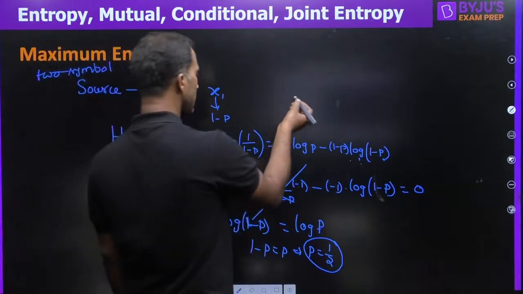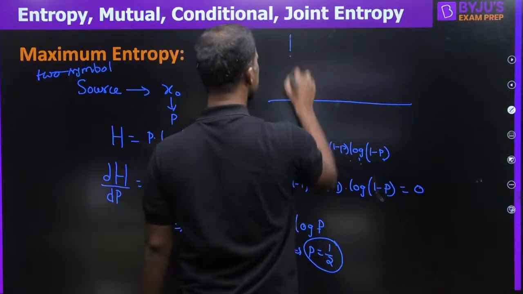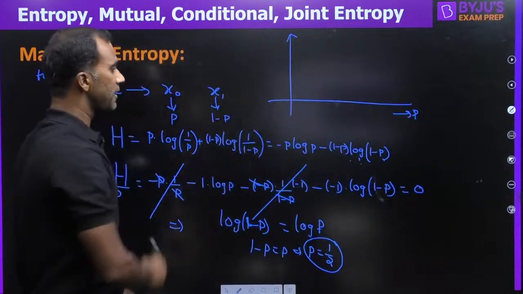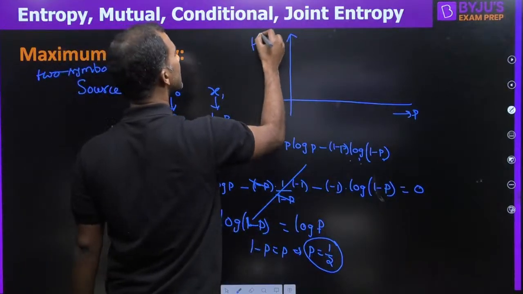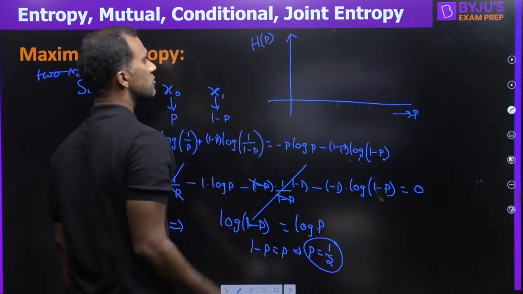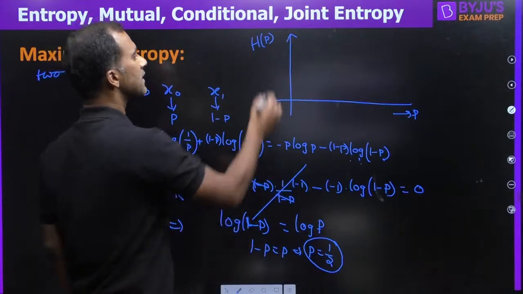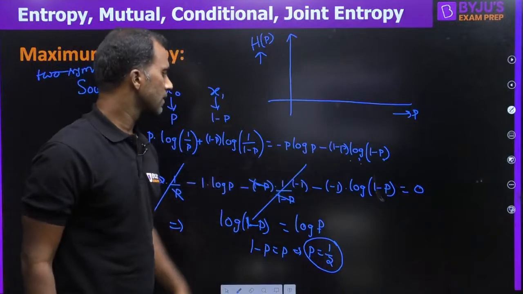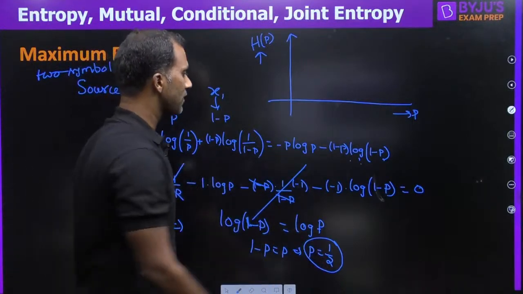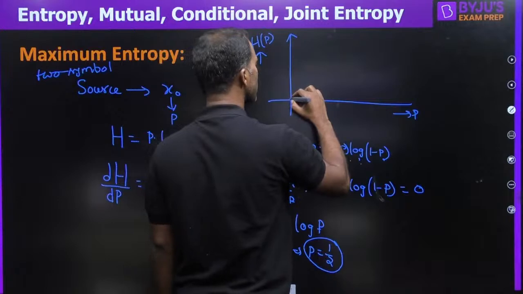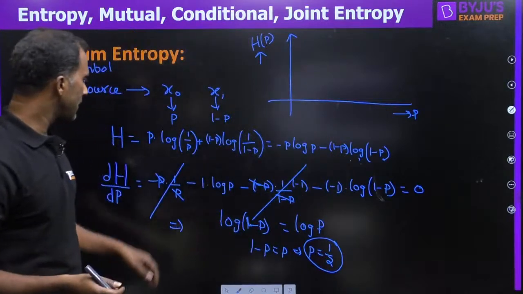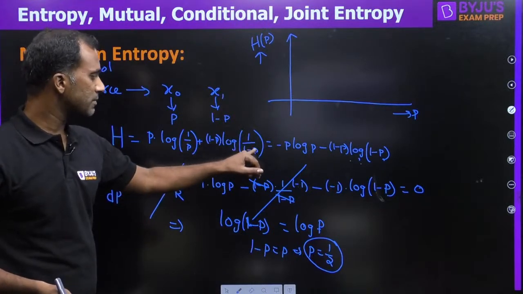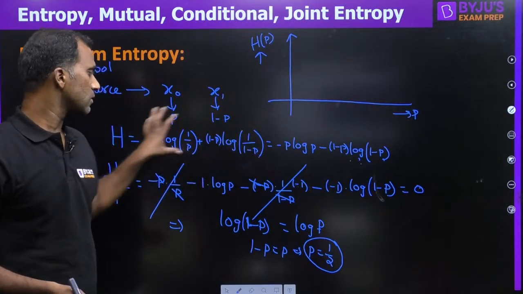Okay, so we can draw a graph also for this, because this graph is seen many times in previous year papers also. Because h is a function of p, let us plot p and h of p. Instead of just h, we can write it as h of p. If you plot this function, we know it is maximum at half, and we know it is some kind of non-linear function. At p equal to 0, this becomes 0, and this also becomes 0, because when p equal to 0 it is log 1, which is 0, the total thing becomes 0.